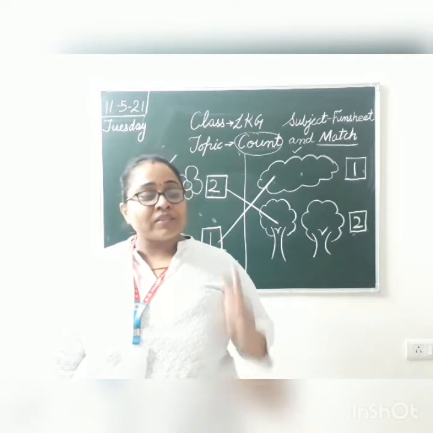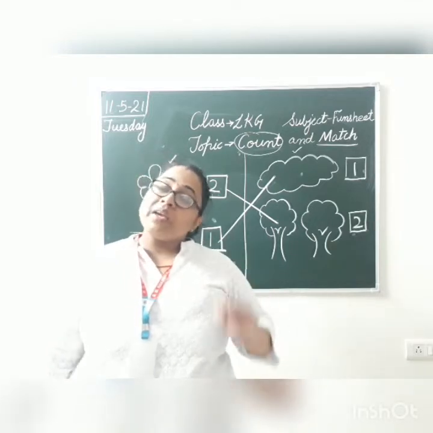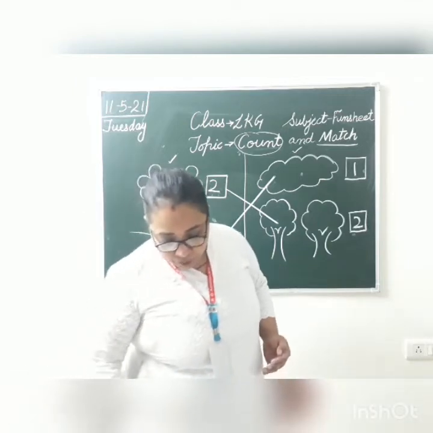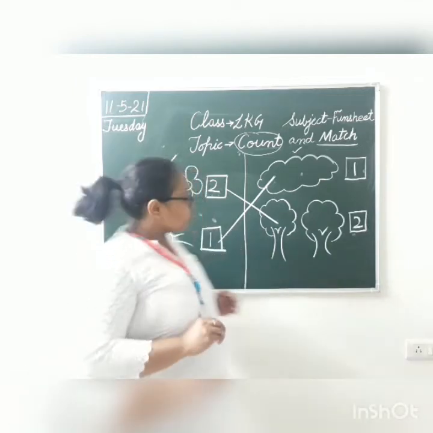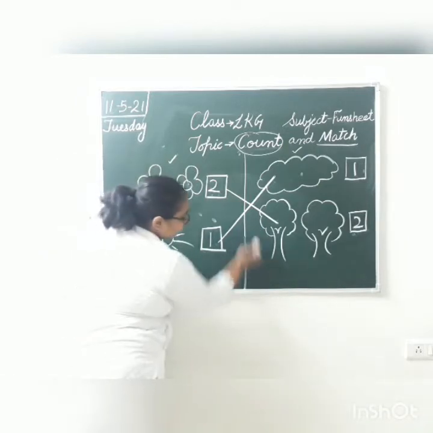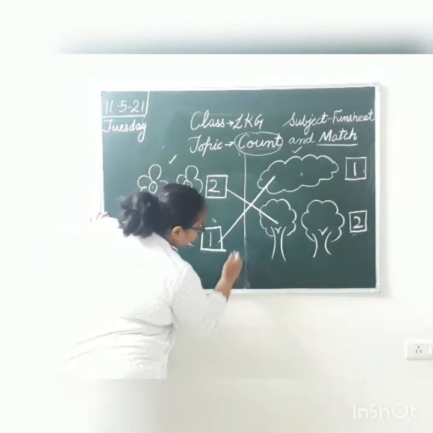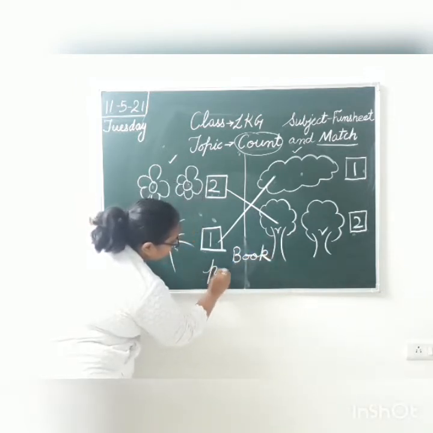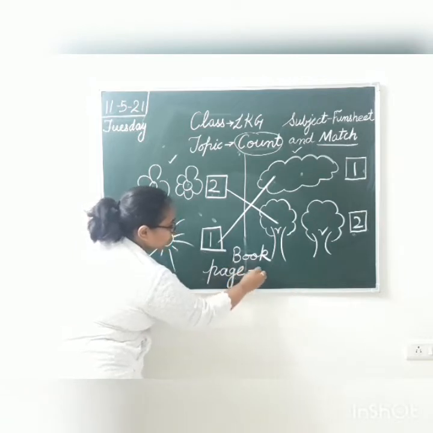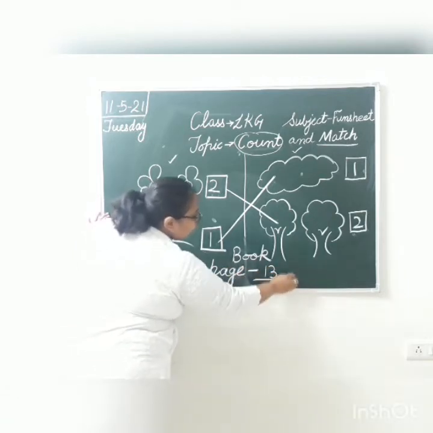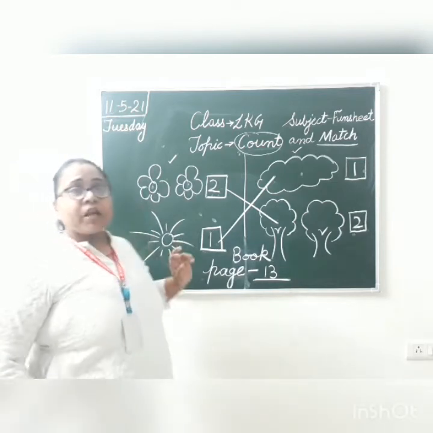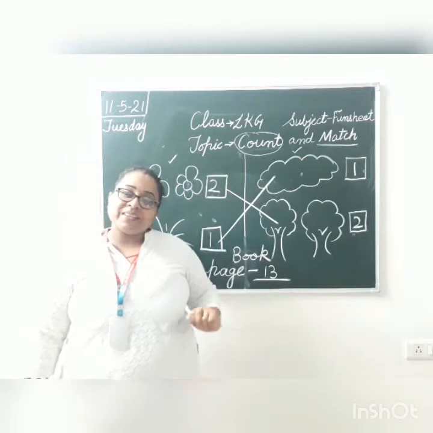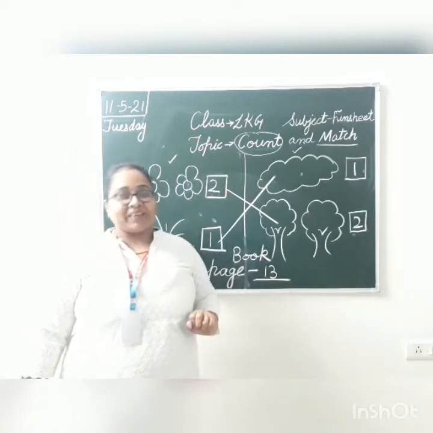So let's move towards the book and see. Book में यही topic है but with other numbers. So let's see how to do that. So in your fun sheet book, you are going to open book page number 13. Okay? So let me write book page number 13. So when you will open your fun sheet book, on page number 13, you will find the topic count and match. So open it and let's start doing the work in it. Okay class?